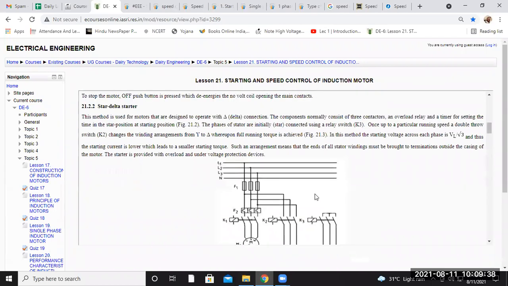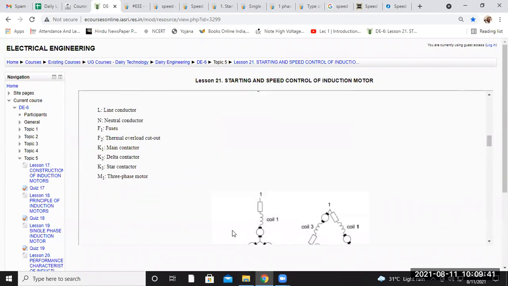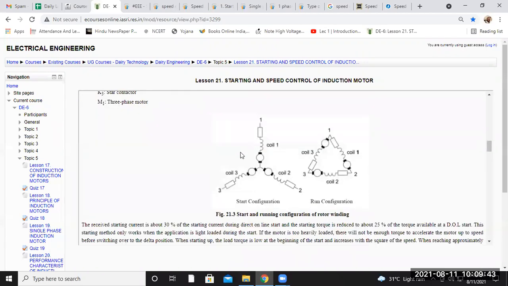And because of that, if you want to find the value of voltage dip, as the current is flowing at a very high value, the voltage dip will be higher. That's why we use the star connection, so that the voltage dip is reduced. Let us say the voltage drop is about 39 volt.